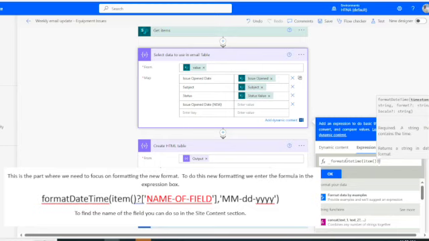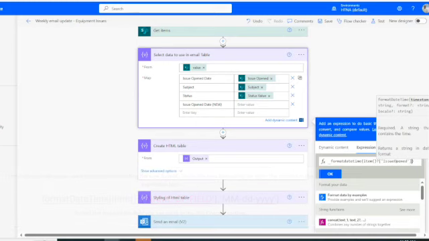The only thing we're changing is the name of the field. My name of the field is called issue open. And then I want, like I said, I want